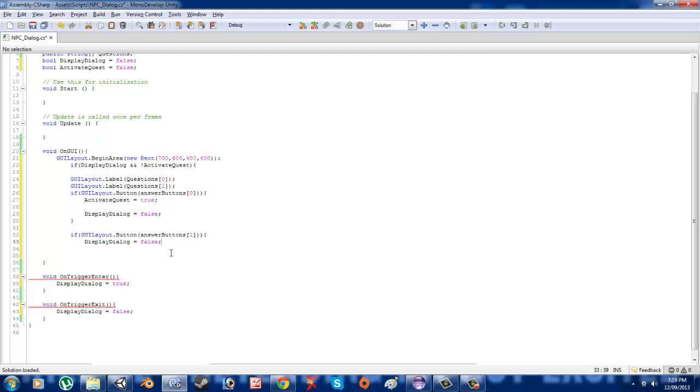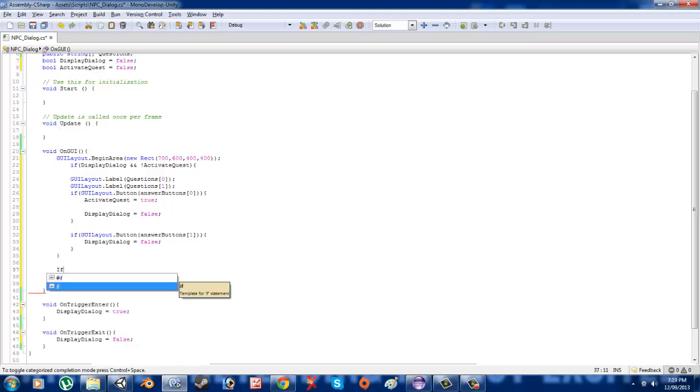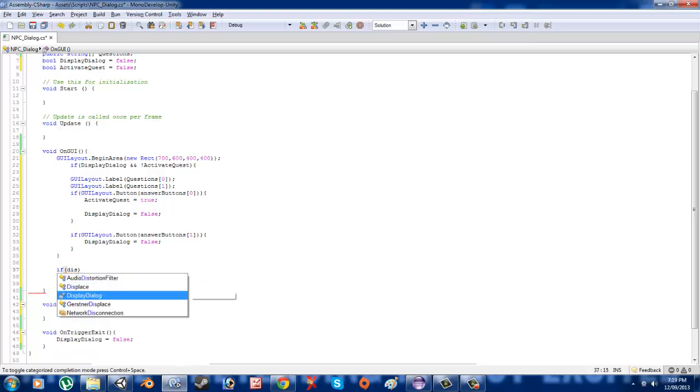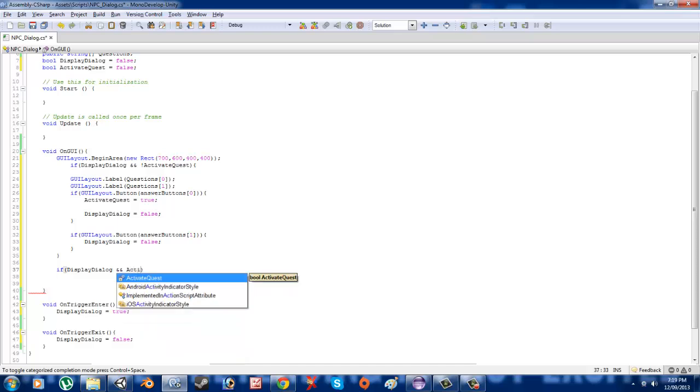Right, so that seems to be that. Now for the quest, after they've activated the quest, how are we doing with that? We'll do an if statement. So we got if. We'll go GUI. Actually, no, sorry. If display dialog. Why I've got fat little fingers. And do and activate quest. So this one is if we have display dialog and activate quest,